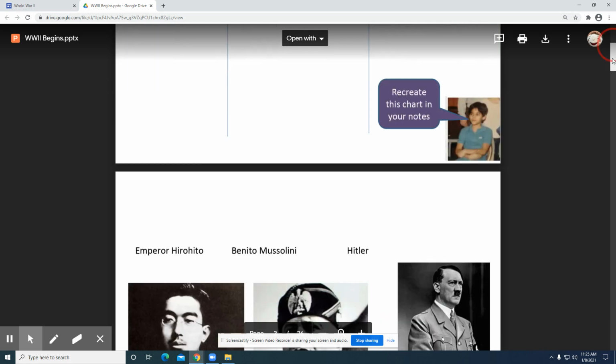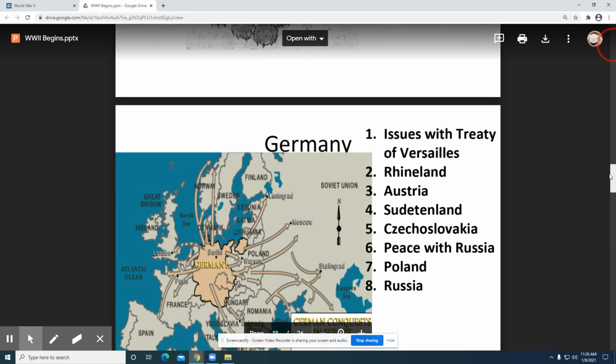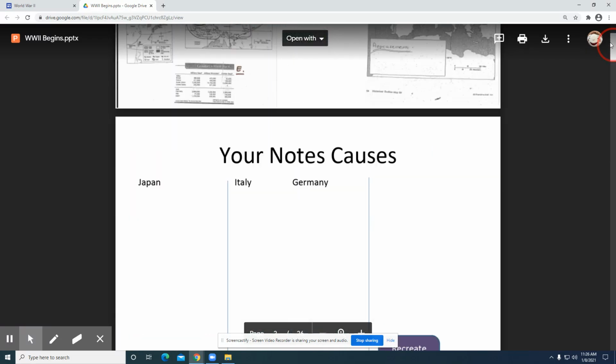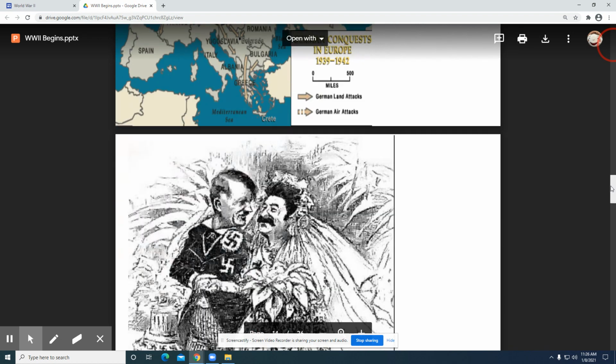And again, that's probably a result of some of the politics at that league on a global scale. So let's talk a little bit about Germany here. That's where that particular map comes in. So when we're looking at Germany,